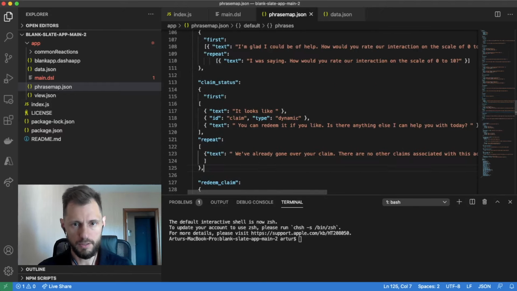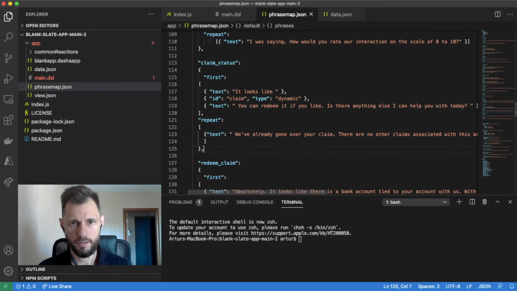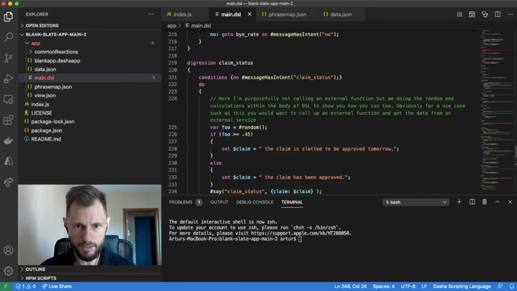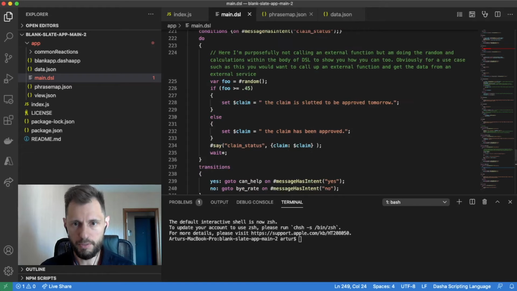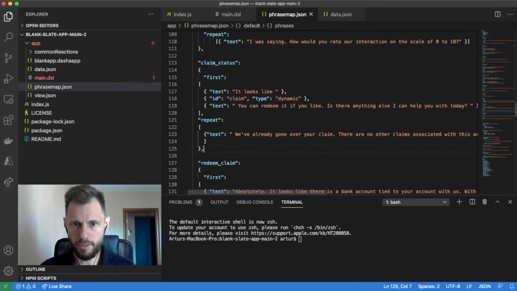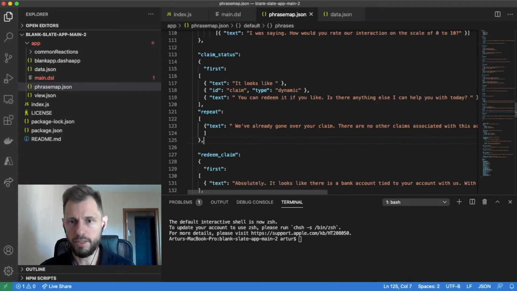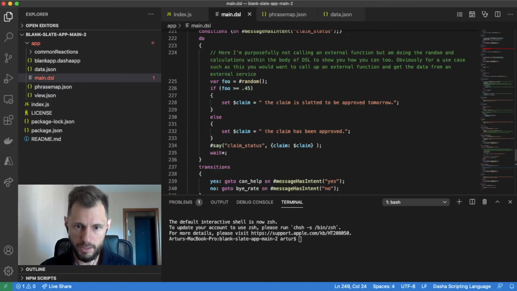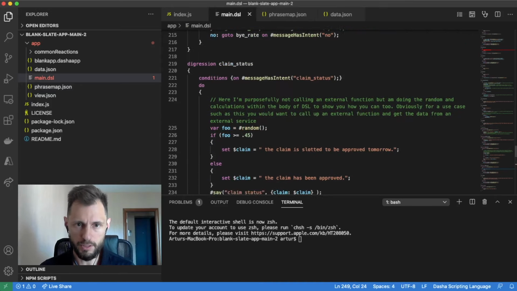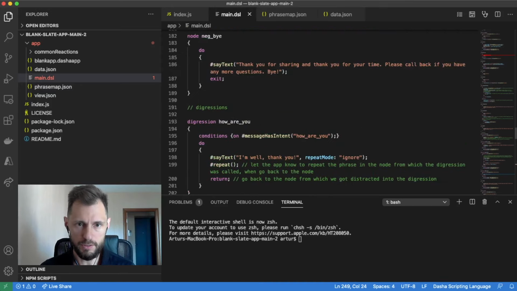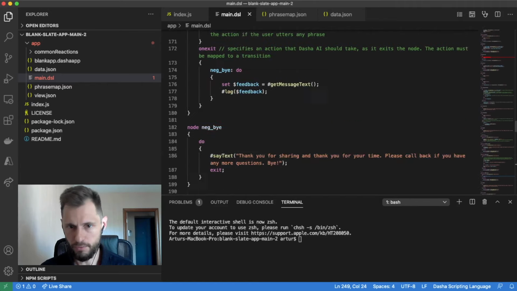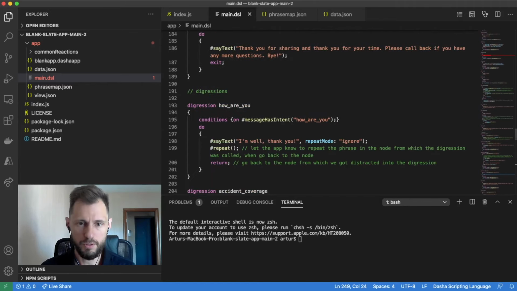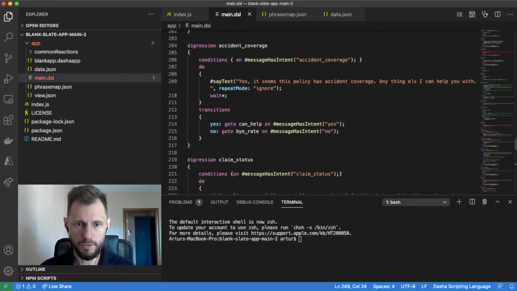Claim status. It looks like your claim is slotted to be approved tomorrow, for example. You can redeem it if you like. Is there anything else I can help you with today? And then if we say yes, we go to the node can help, which is basically asking, how can I help you? If we don't, we go to node